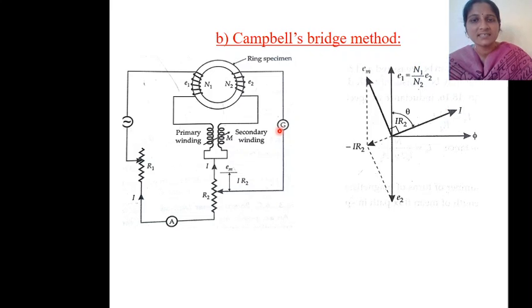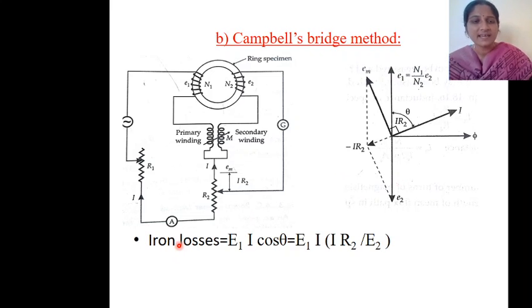This can be calculated from the phasor diagram. In this phasor diagram, taking the flux as a reference and I at some angle, E1 will be equal to N1 by N2 into E2, making an angle theta with the current, and E2 will be exactly opposite, and EM will be somewhat lagging. So the phasor sum of EM and E2 will give you the total drop IR2. Now if the angle between this voltage and current is theta, the same theta will be here, then cos theta is equal to IR2 divided by E2.